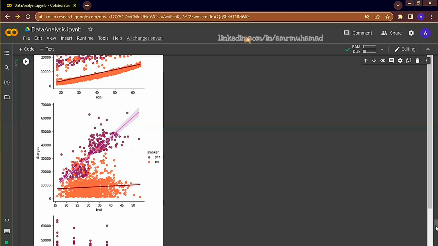If we look at the BMI scatter plot against charge categorized by smoker, we can see here this group of customers have higher insurance charges than those of the similar BMI range because of being smokers. And here we can see also an interesting pattern of customers who have almost similar insurance charges being smokers to those non-smokers given the same range of BMI.